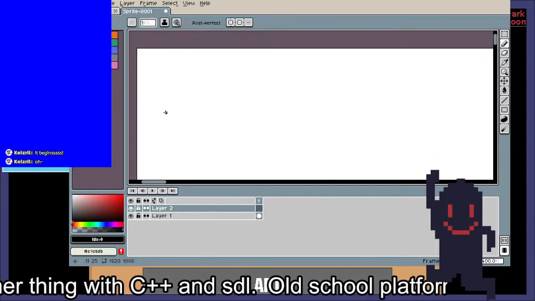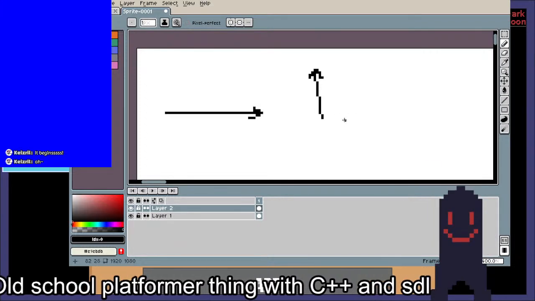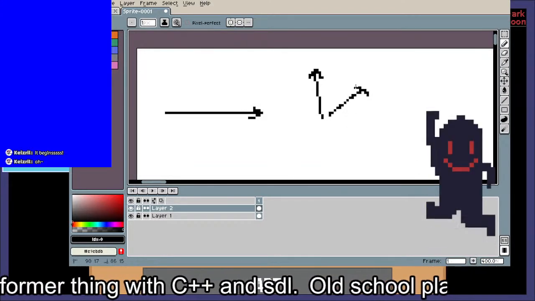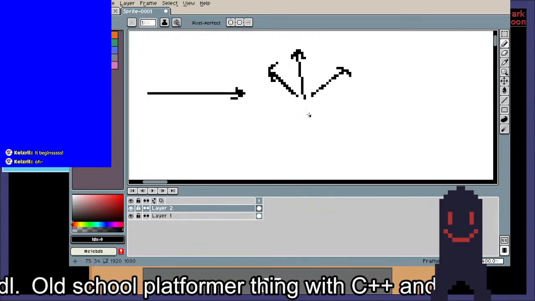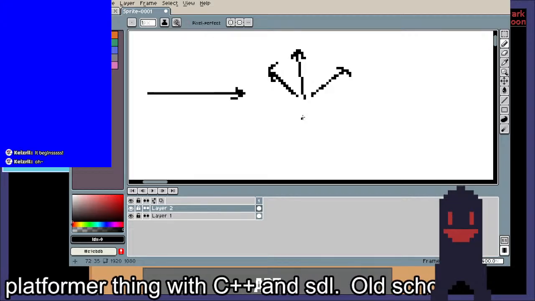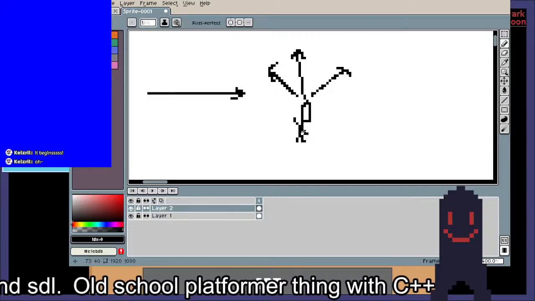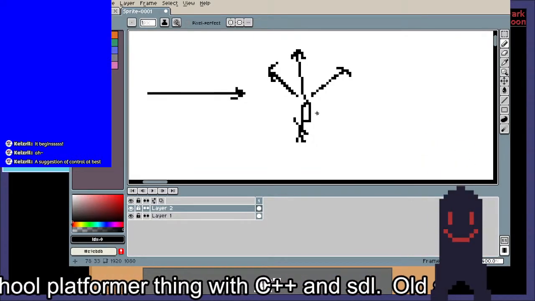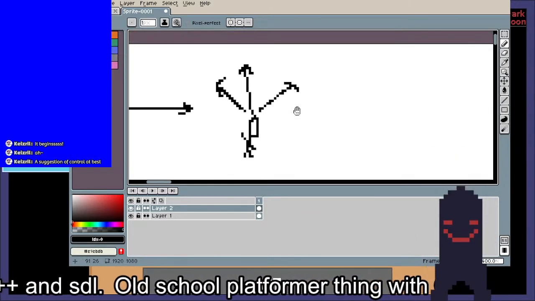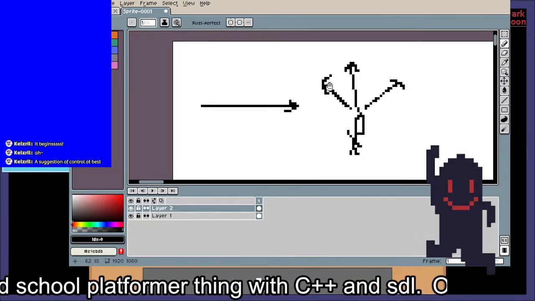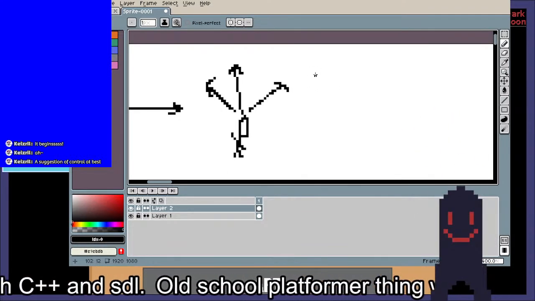But the main things that need to be thought about is actually moving forward and jumping, which notoriously in these games you have very little control. The left and right is simple, but jumping is purely based on what direction you were holding before or during, I forget how it goes. Yes. And then it flings you in that direction. Now, due to the nature of the old systems, all these calculations are effectively controlled by